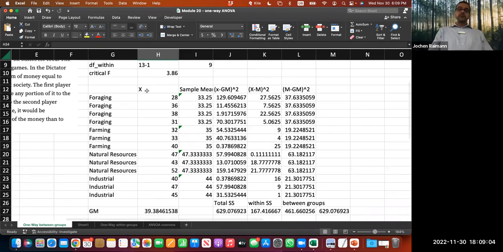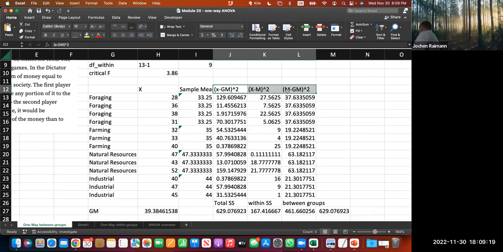So again, you have an X, you have an individual score. You get from your groups to a sample mean. And then the only important thing you need to understand is how do I calculate my sum of squares? You have a total sum of squares calculated by each individual X minus that grand mean, which is basically the mean of all of these,